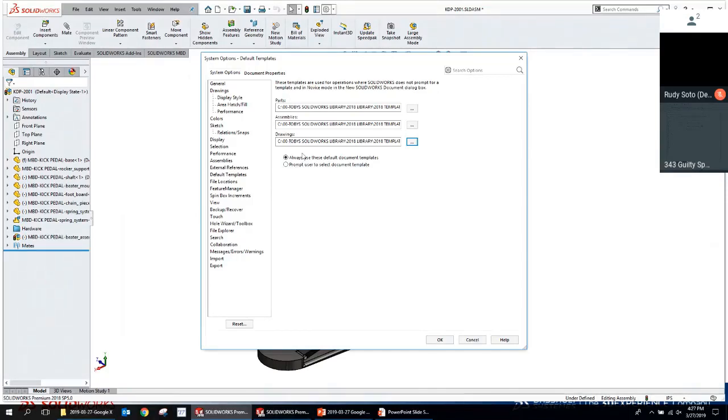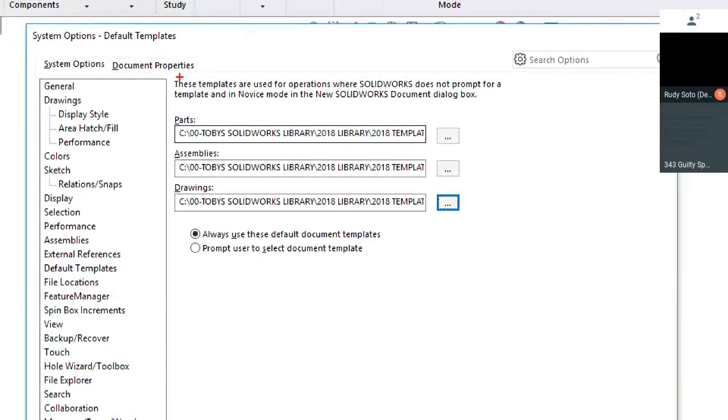There's certain commands that will throw up an error if you don't have a default template listed in here. Like routing, for example: if you use SolidWorks routing and it goes to make a new routing subassembly and there's not a default template here, it'll throw an error. So it'll just make the overall workflow a little smoother if you take a moment and fill out these default templates, which you can see up here when these default templates will be used.